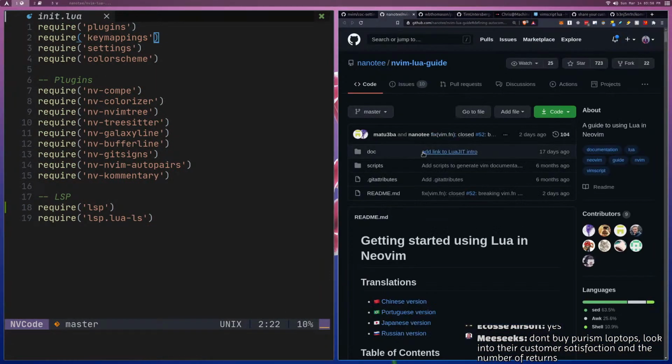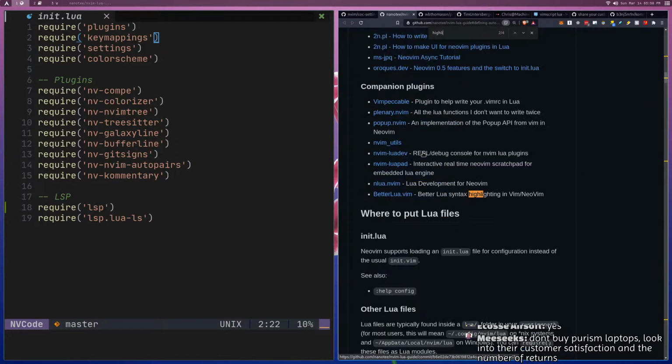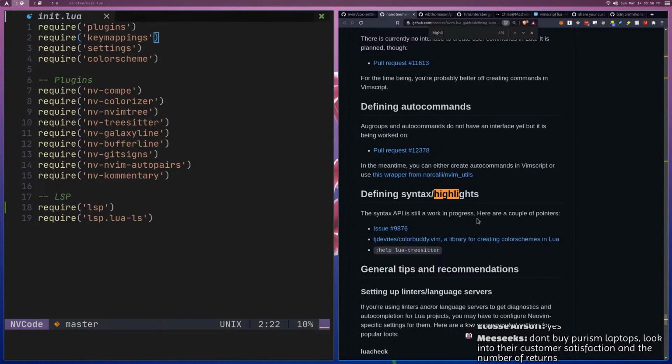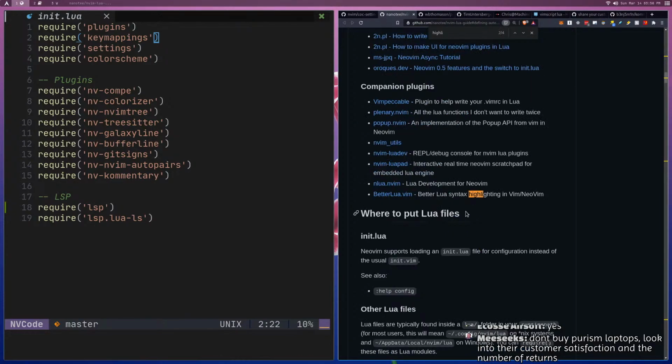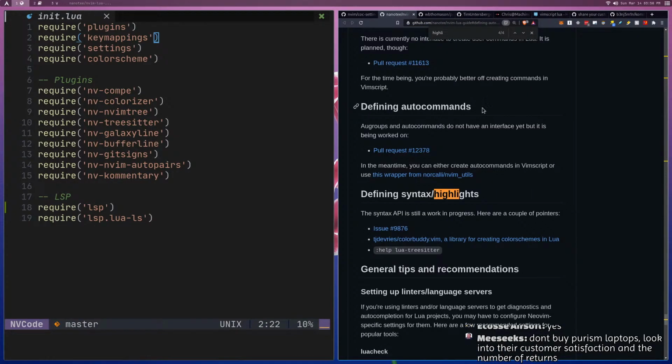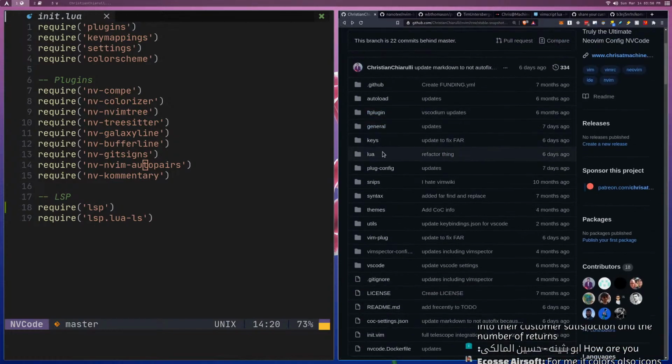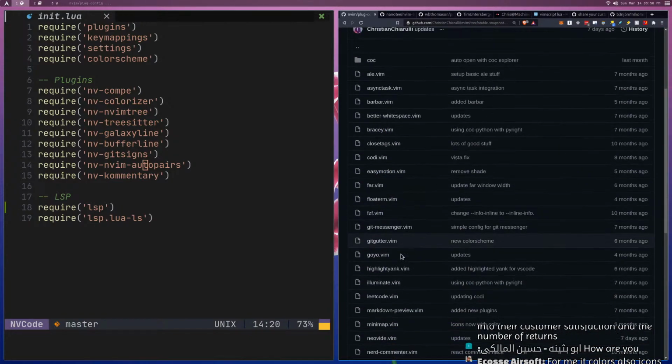So let's go talk to this and let's look for highlight. There we go. Better no, I don't want that. I don't want syntax highlighting. I just want a highlight group in Lua. You know what I might do? Just to test it really fast, is to come inside of get plug config, get gutter,